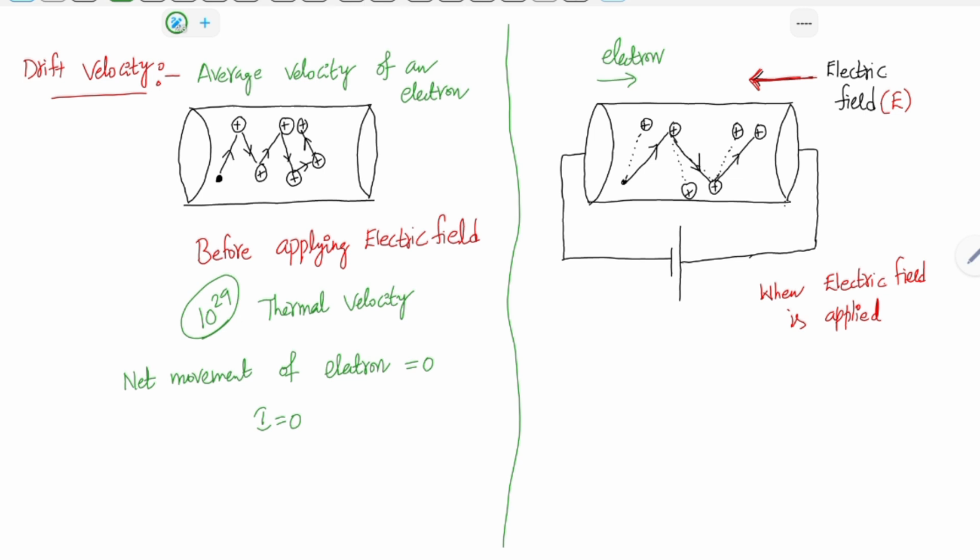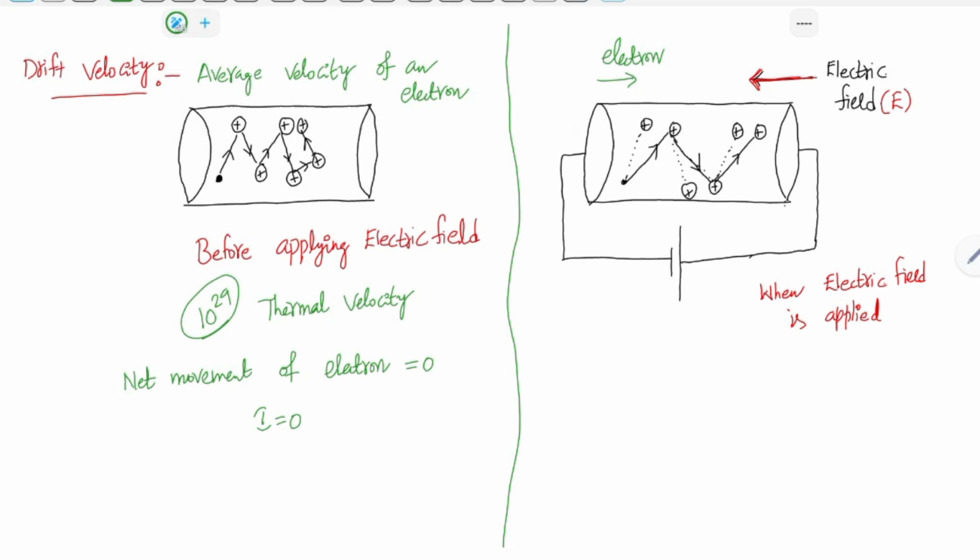So what will happen now is, in addition to thermal velocity, it also has a drift. The electrons' thermal velocities will not change and they will move in random directions, but what this electric field will do is create a small drift in the position of the electron